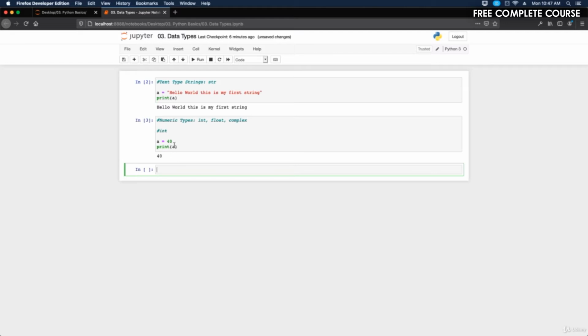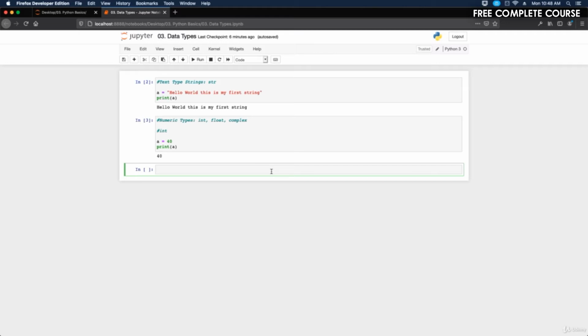Now, one thing you want to remember, and I need to watch myself here, is we don't want to label everything A, because if these were working together, there would be a conflict, okay? So the next one we're going to talk about is the float. So the float will work in between. So we can do